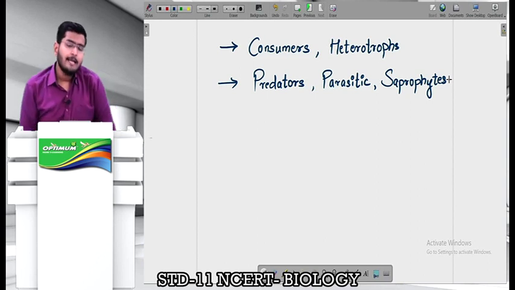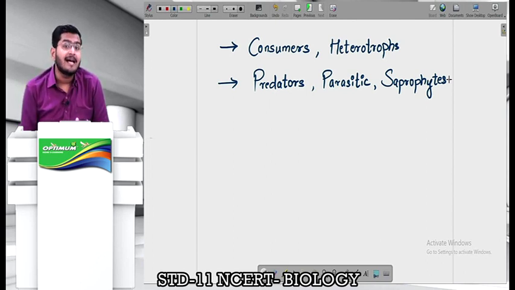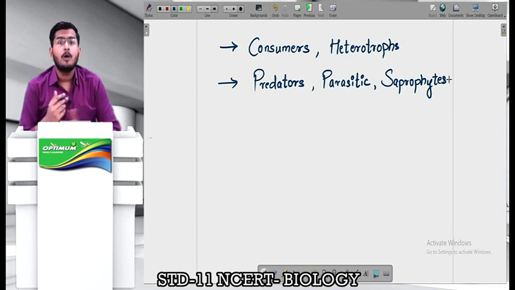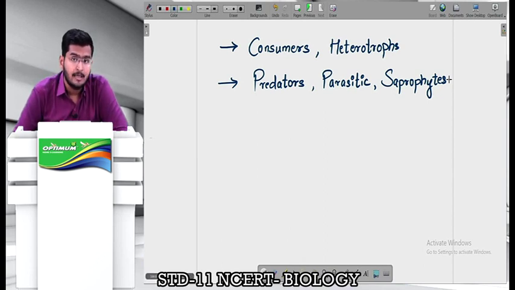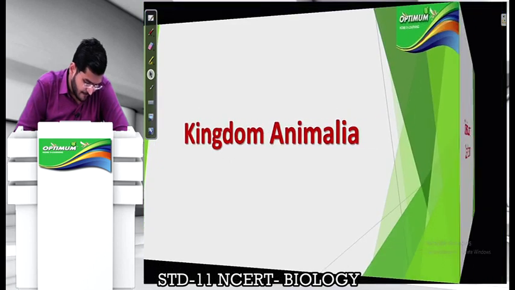Now let me tell you what would be the basic feature on the basis of which we will classify animals. There has to be some specific criteria, right? उस criteria के basis पर ही हम organisms को classify कर सकते हैं. So ये कौन से criterias है जिनको use करके हम animals को classify करते हैं is what we have to study here. So let us study what are the basic criteria for classification.